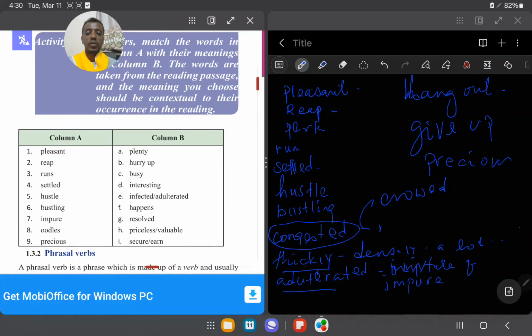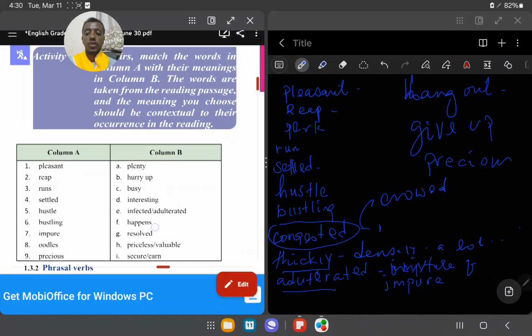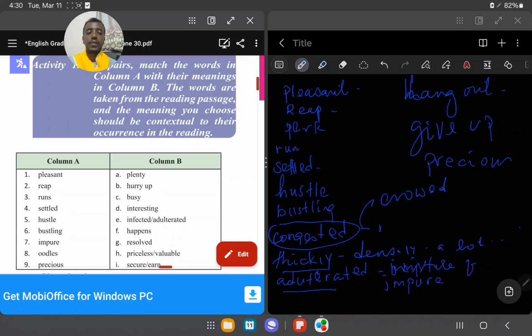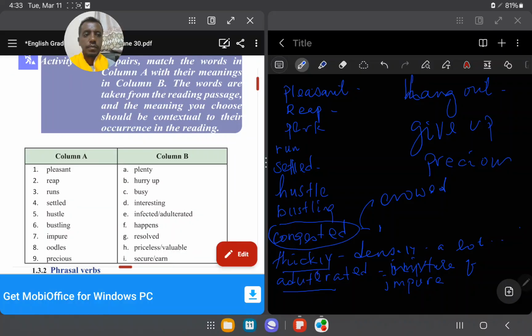This is our main concern. So let's see the words one by one. So the first question is in column A and column B. In column A, there are the main words extracted from your textbook, and in column B, there are meanings of words given for the words extracted from the textbook or maybe the passage. We can match the words.